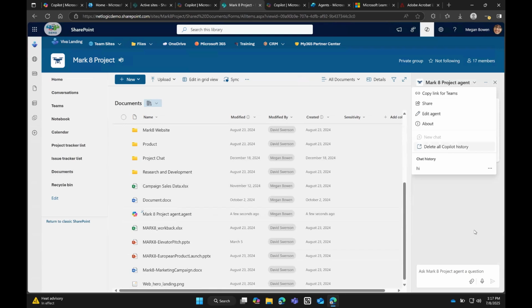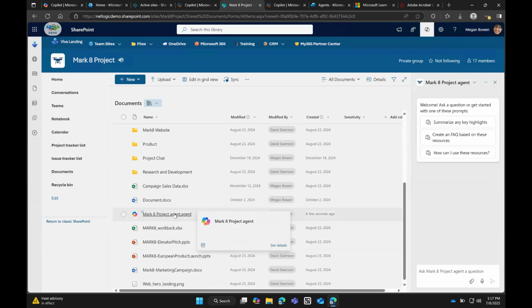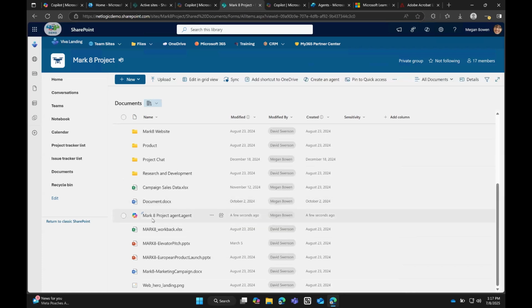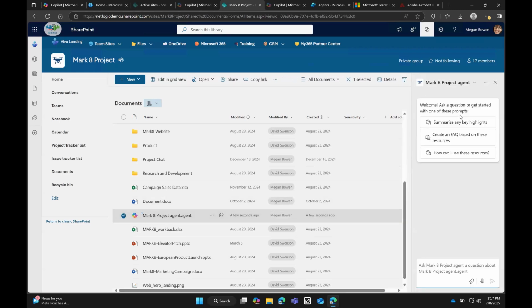So we could go ahead, and once we see our agent, keep in mind that when you're building an agent, for example, within SharePoint on a SharePoint site, everybody else that uses this agent will also need the Copilot for Microsoft 365 license. So anybody that's using it does need the license in this case. Microsoft made it easy and quick to create these, but there is going to be that additional cost to take into consideration. Now that we've created it, I can go ahead and click on the agent, and then it pops up on the right-hand side as a nice, cute little modal here for us to work with. Now, we have not given it any instructions yet. We have not told it what to do.